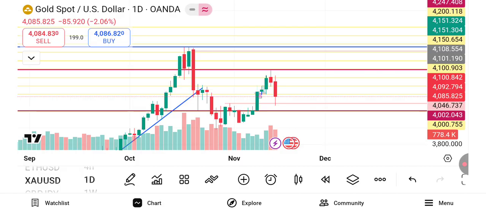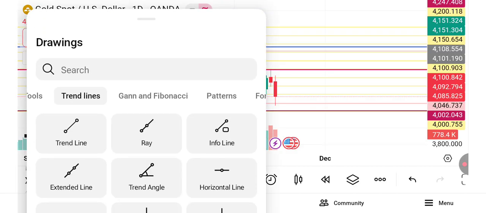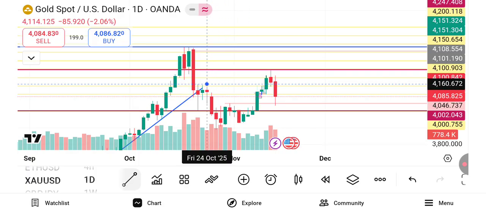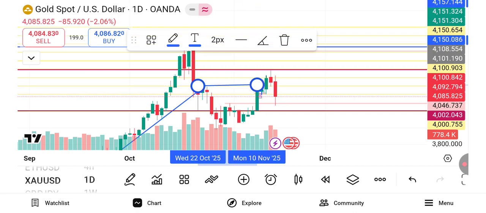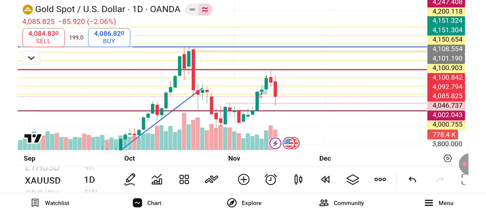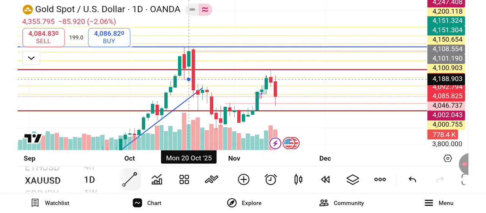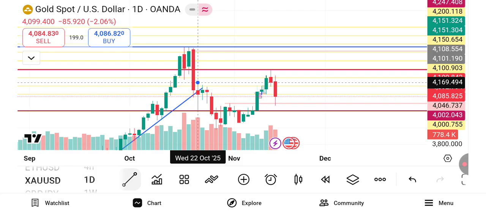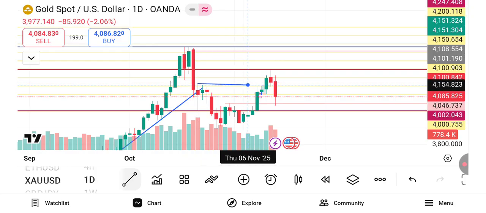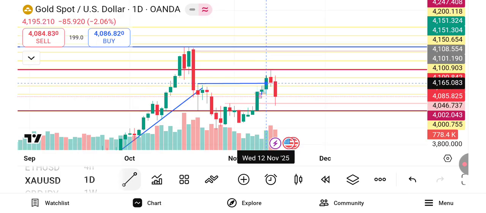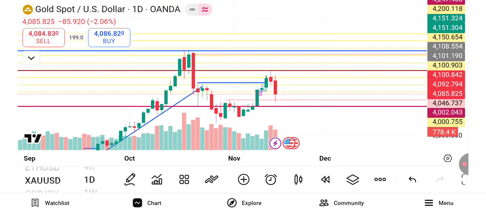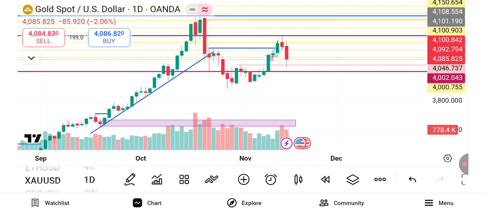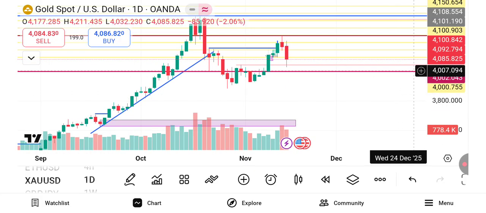But currently, what I'm seeing here on the daily time frame, I saw a break of structure here. Sorry, I saw a break of structure from this part. There's a sharp break of structure at this zone, and this break of structure. If you could check where the origin is coming from, there could be an order block around here that